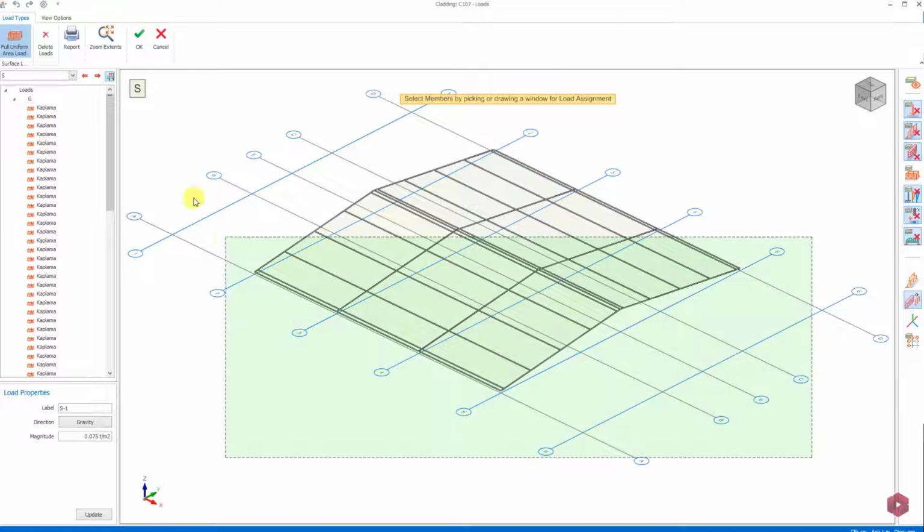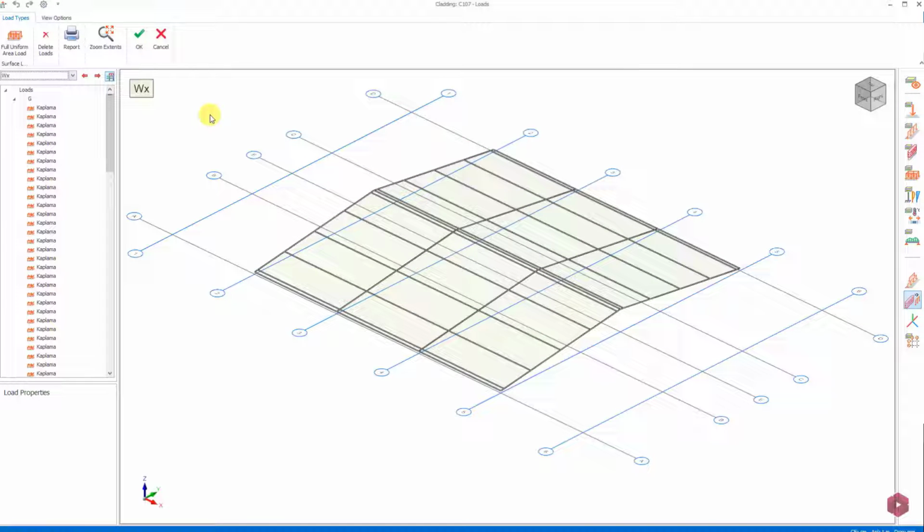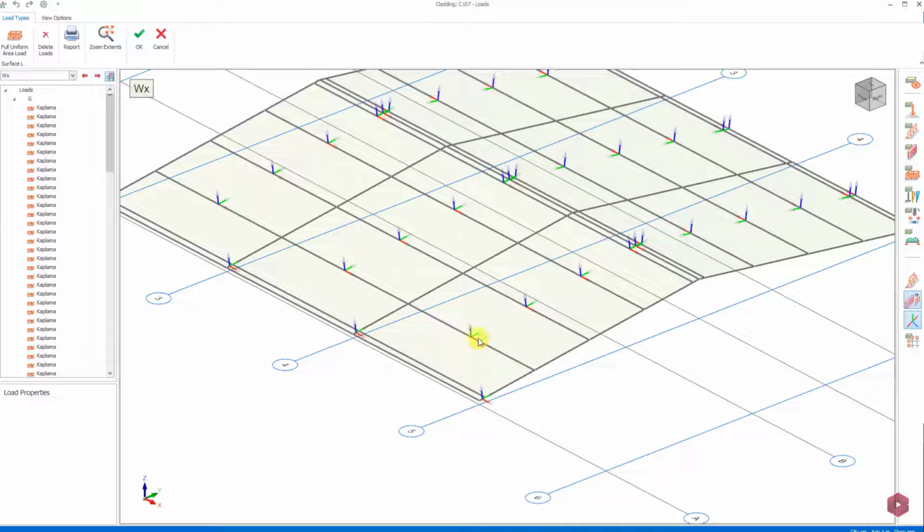Now let's choose the WX load case for the wind load definition. In this load case, we should pay attention to the fact that the wind loads act perpendicular to the panels. So here we have to consider local coordinate systems. Let's show the local axes of the cladding panels with the Open Local Coordinate System option in the side menu. As stated on the icon, red indicates 1, green 2 and blue 3 directions. The wind loads to be applied on these panels should be applied in the blue direction, which is the local 3 direction.